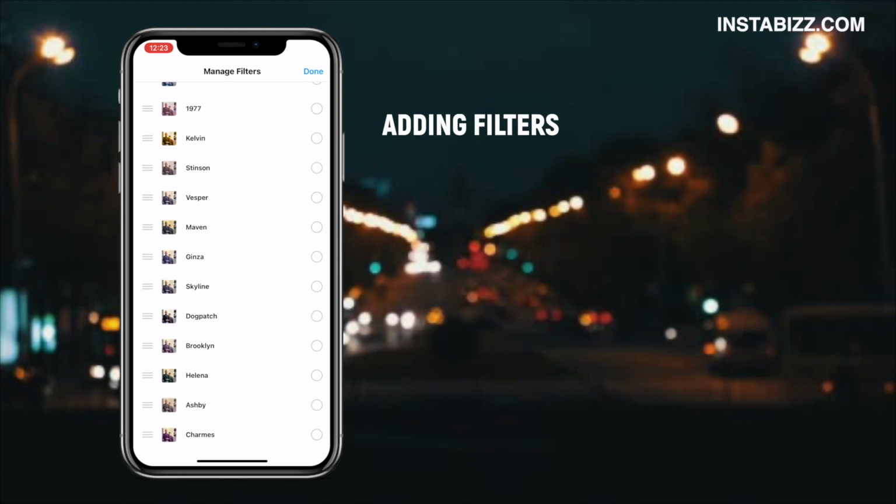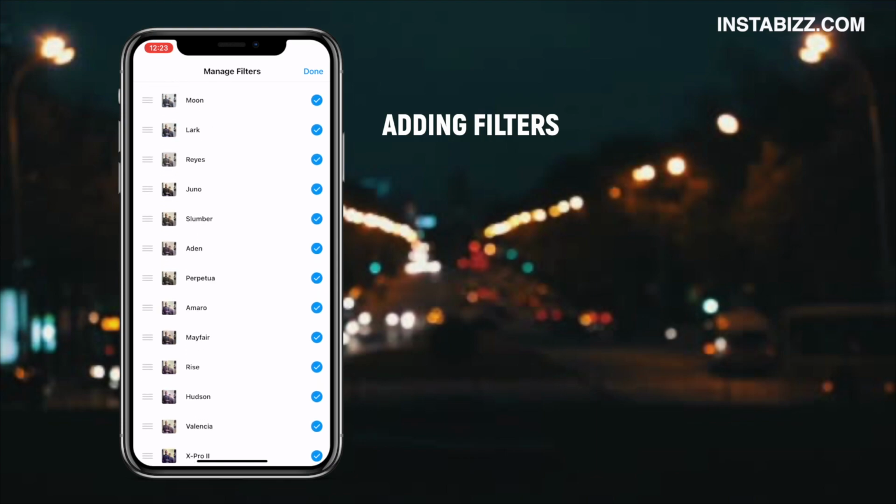And you can also add more. As you can see, these ones at the bottom are not checked. If I wanted to add them to the list that I have, I could just click on them, and it's simply gonna add each one of them that I tapped on. And if you want to delete anything, you just uncheck the blue mark, and that's gonna take it off the